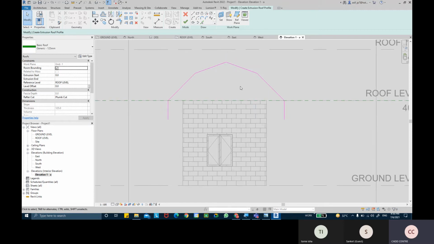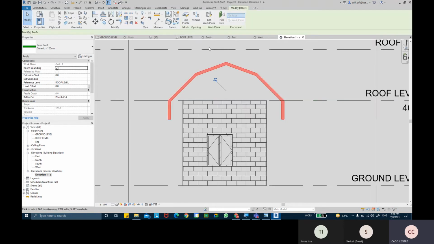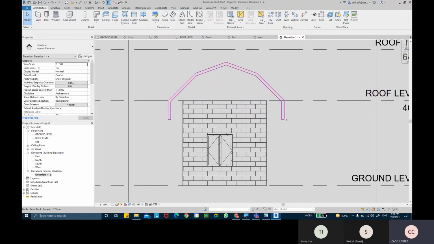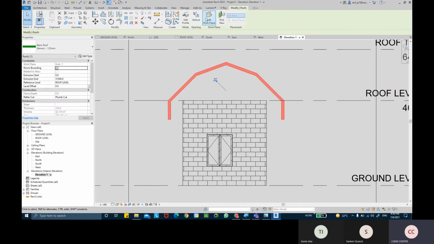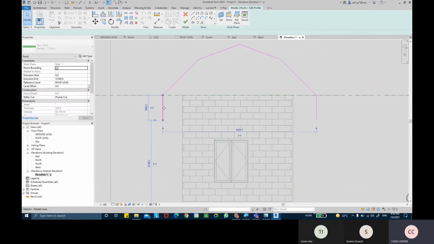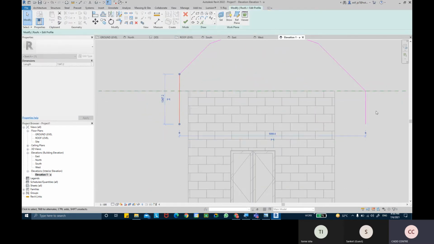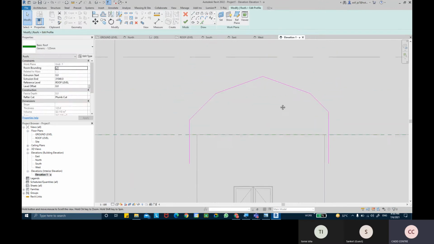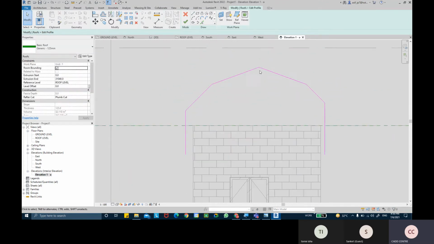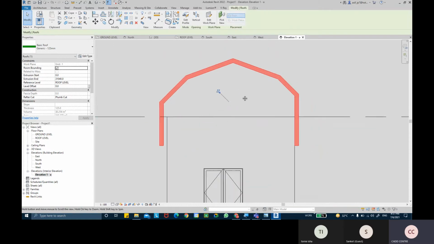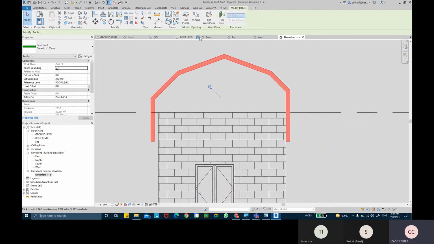Then 125 mm, and we can hit finish mode. Complete. A lot of gap I've left, which you can come back and readjust. Oops.